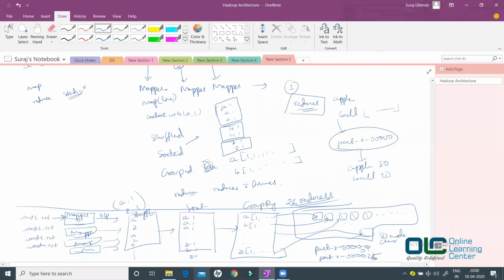So this a1 will never go here, will never come here. All this a would be together, all this b would be together, all this z would be together. Which means when we create a group out of it, the group will be a for apple, and the values would be all ones, right? So there is no chance that you get another a 1 1 1. That will never happen.